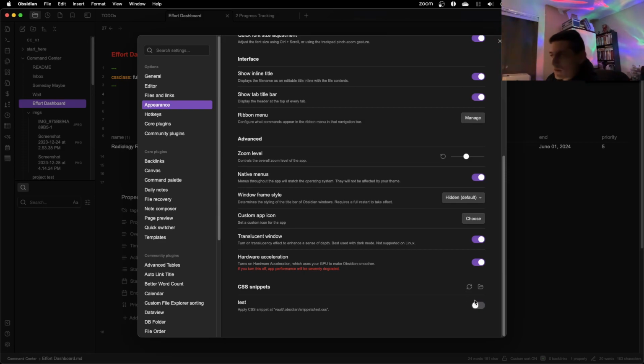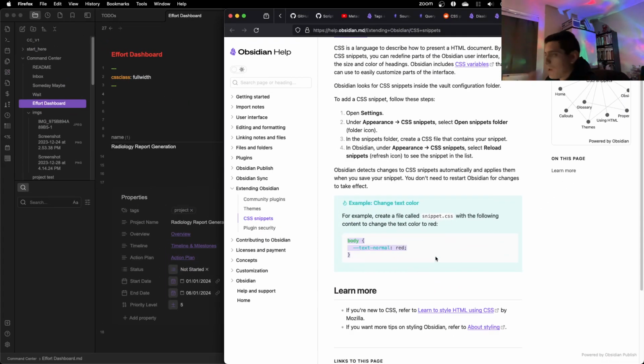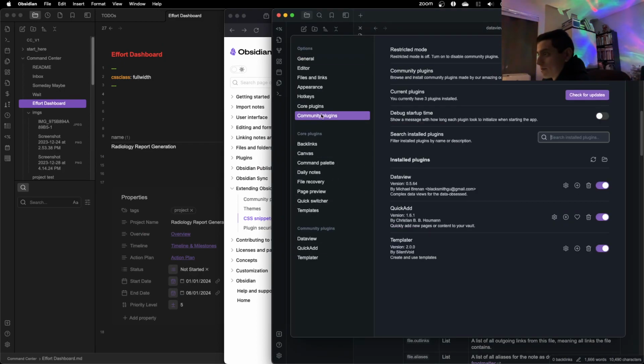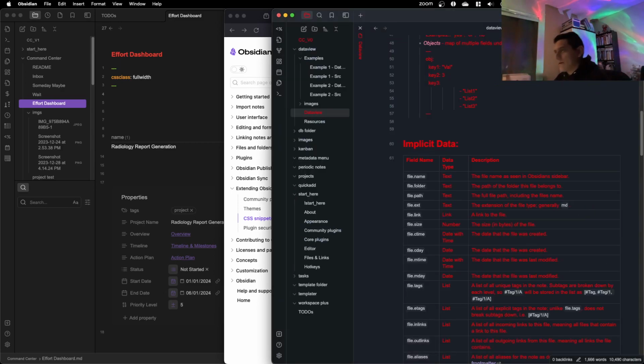Reload. Do it again. No, this isn't working. Let's try it in this vault. I don't know. Unity plugins. Yeah, let's try it in this one. Appearance. So let's open this. Let's copy this test to here. Reload it. Turn it on. Okay, that worked.